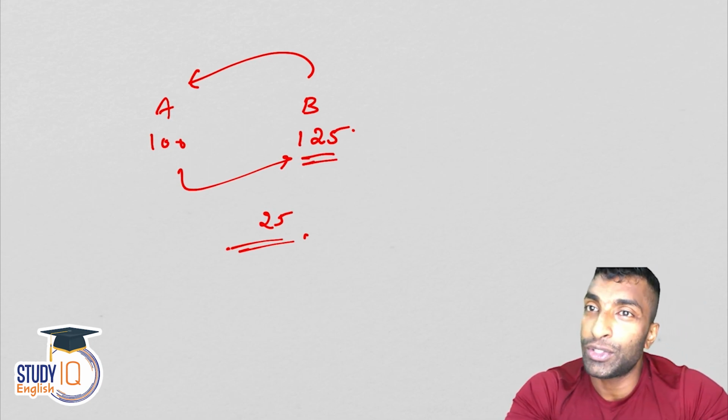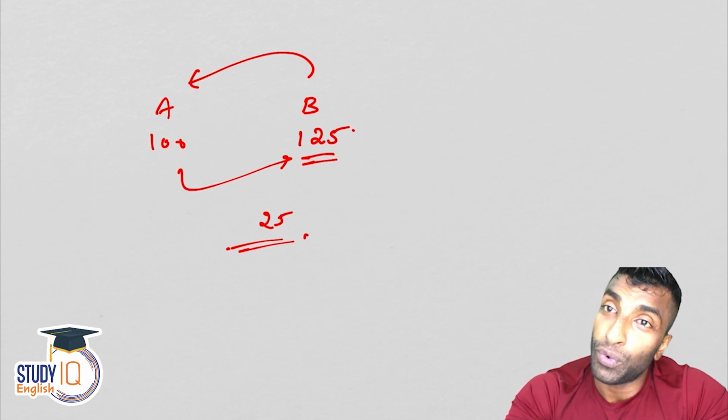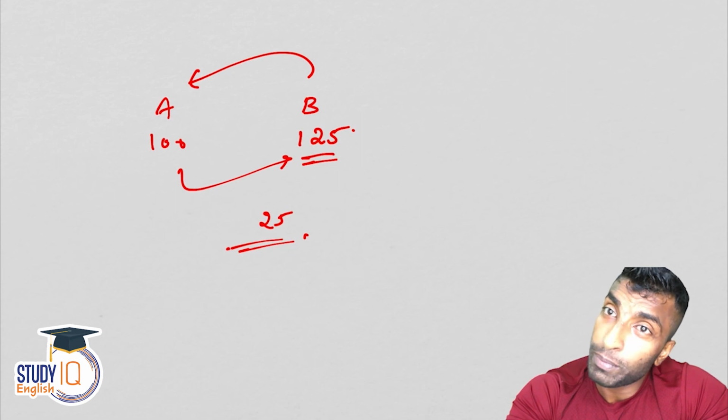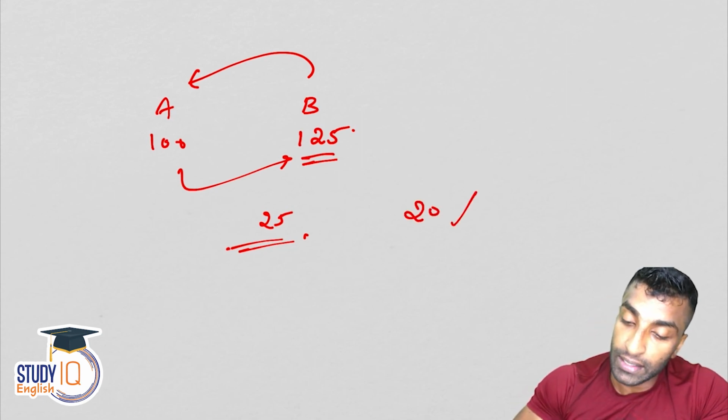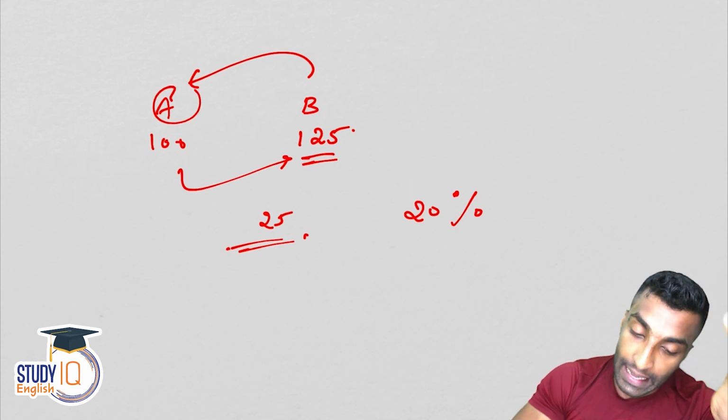10% of 125 is 12.5. 20% of 125 is 25. So A's salary is what percent less? 20% less. So this is what you need to do, right? Simple. So A's salary is